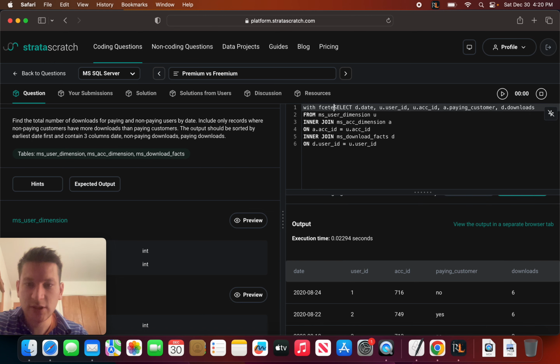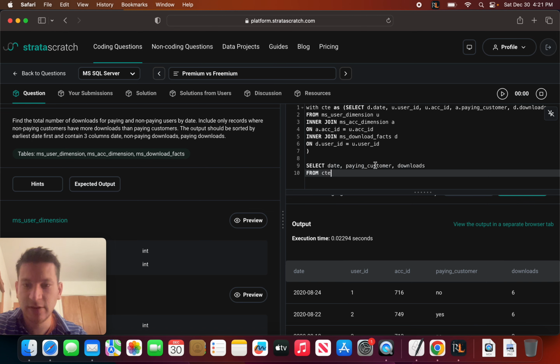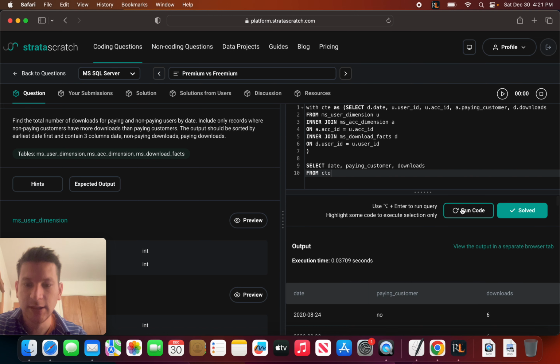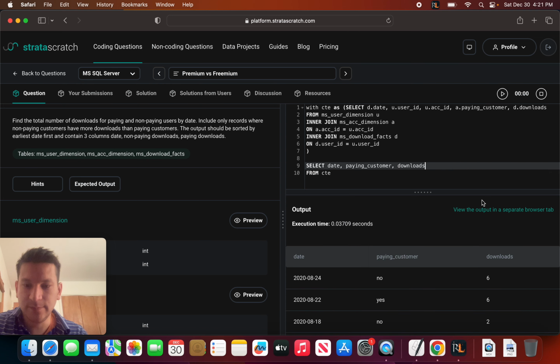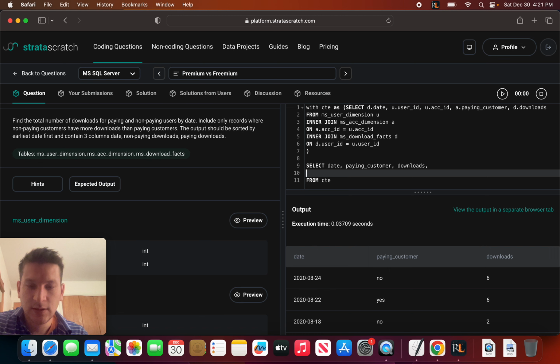So what we need to do is we're just going to call this with CTE. Now this is stored as a table. We're going to select date, paying customer, downloads from CTE. These are going to be the 3 main columns we need. And here comes the tricky part. We need to do a case statement. So we need to do case when